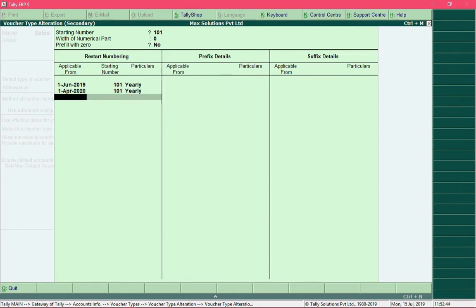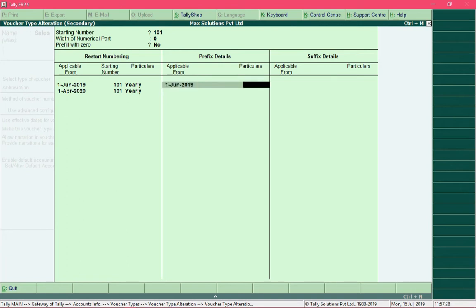So you can keep specifying the restart numbering series, and after you specify this information, press the enter key and specify the prefix details. So I want the prefix details to be applicable from 1st of June again in the year 2019.